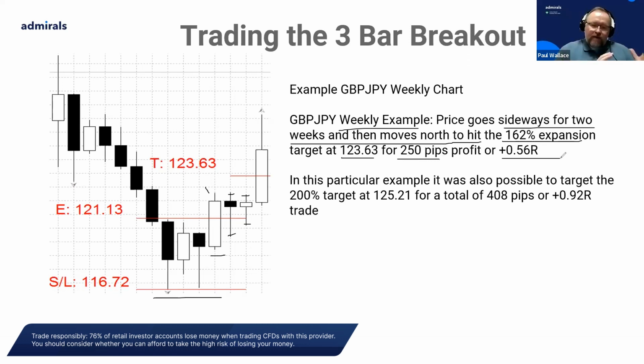And that is one of the step backs, or one of the weak spots of this particular trade setup: if you are all out at the 162 fib extension, then invariably your reward to risk is not going to be as ideal as many traders would like. However, in this particular example, it was also possible to target the 200% target, for 125.21, for a total of 408 pips